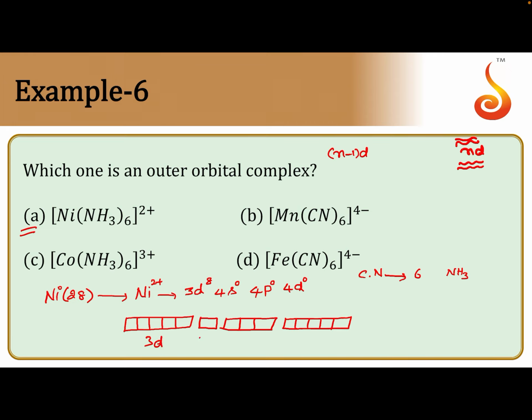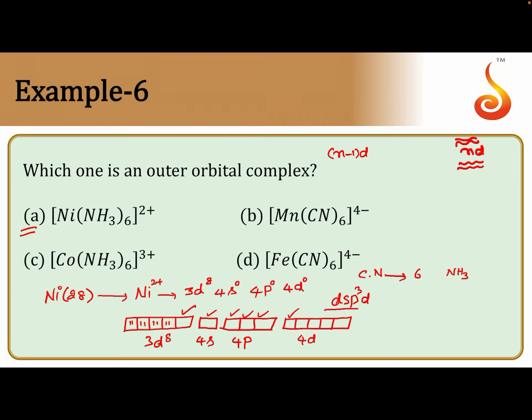So this is 3d, next to 4s, 4p, 4d. With 3d8, in the presence of ammonia ligand, all electrons have been paired. Then this is the 3d8 configuration. What are the empty orbitals available? We will see: one 4s, three 4p orbitals and 4d. So if these 6 orbitals are involved in the hybridization, we can get